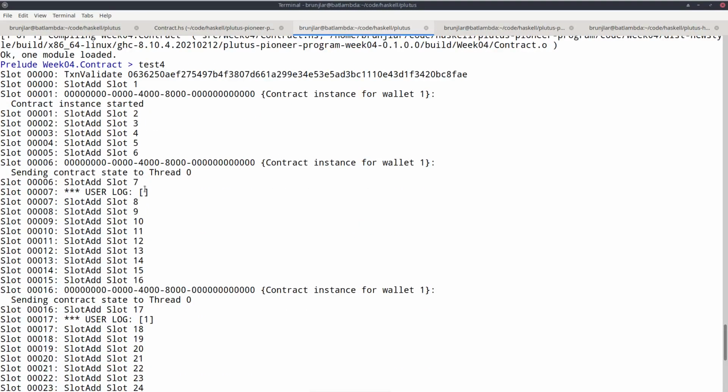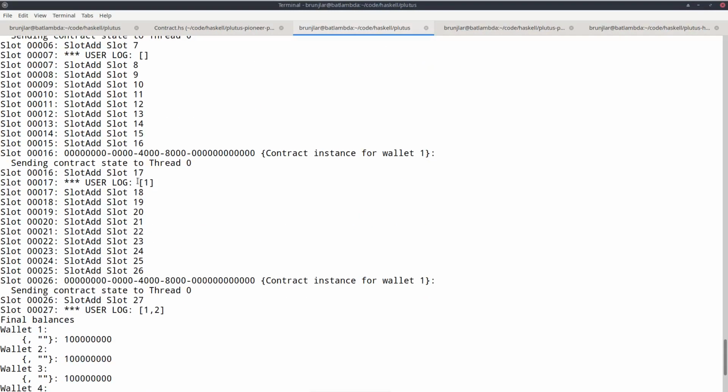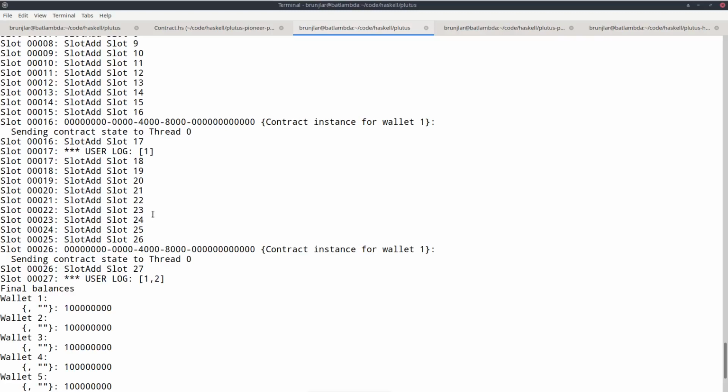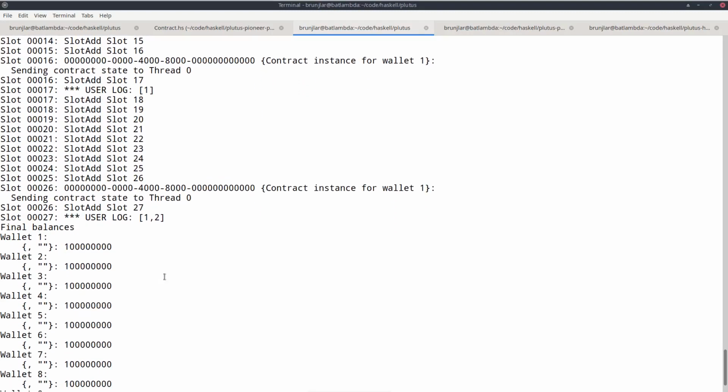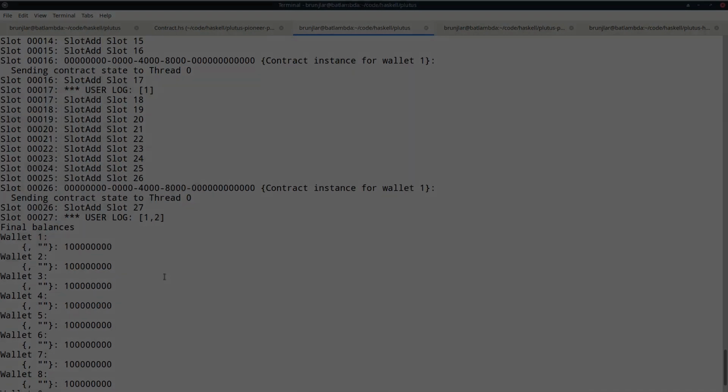So it starts with the empty list, then this is concatenated with the list just containing 1, which of course is the list just containing 1. And then after the second tell, the list just containing 2, that is concatenated with what we had until then, the list just containing 1, and we get the list containing 1 and 2. So this is how this works. So this is how the contract can communicate information to the outside world that can then be observed with observable state.